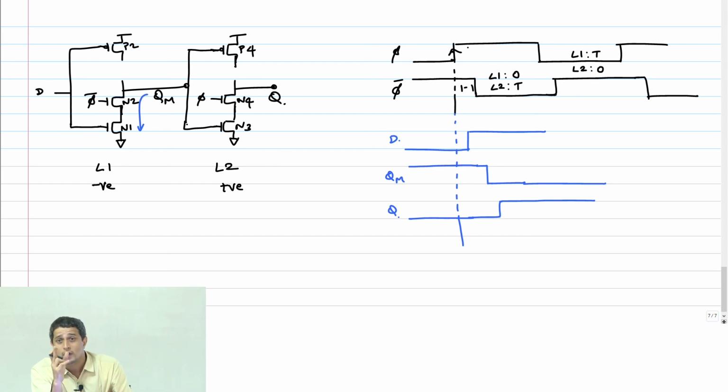But if there is a violation on the non-sampling edge, then that's a race condition and it is not even fixable later. You have a big problem. You cannot impose a hold time constraint or a setup time constraint. So in this case, you just impose the condition that T hold should be greater than T overlap of 1, 1. I'm sorry.